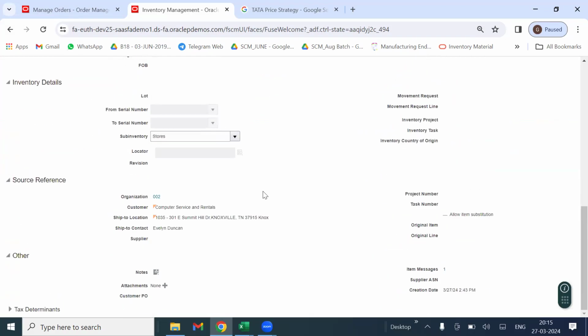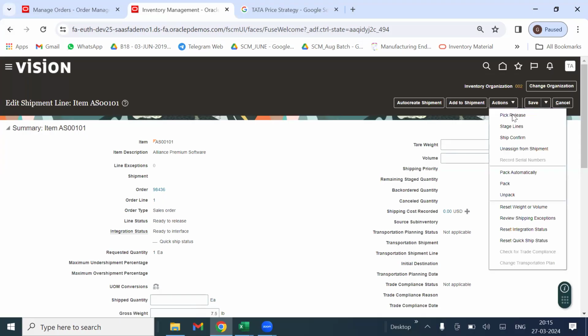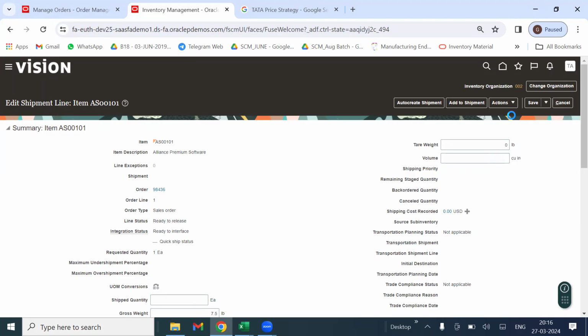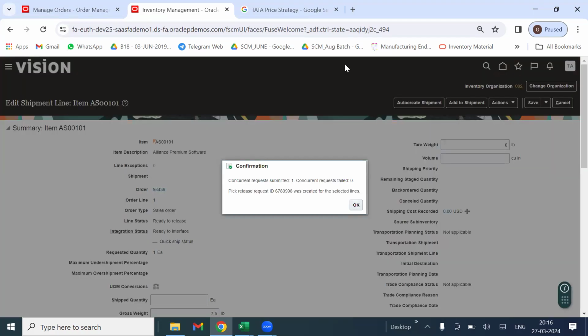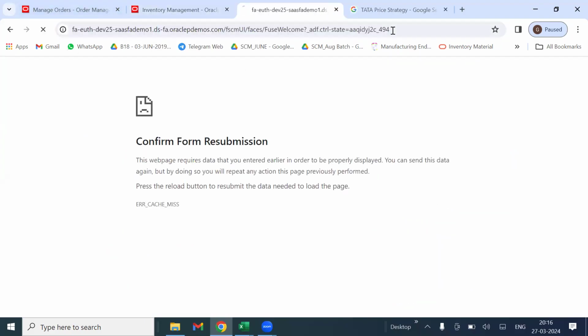Now, what we need to do is click on here, confirm pick release. Here you can see pick release. This is awaiting for pick release, right? Let's click on pick release. What happened? So pick release is completed. Where can we see whether this pick release is completed or not? If you go to tools,